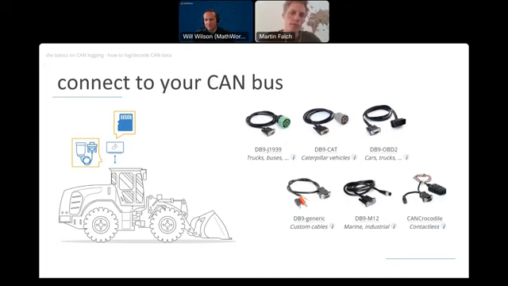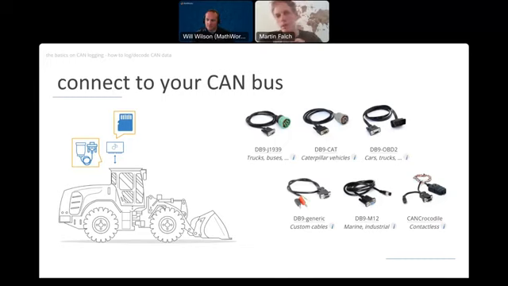And in most heavy-duty vehicles, that would look as the first cable in the overview, the one we call J1939, the green one. And that will be available in most heavy-duty vehicles, but not always. Similarly, you will experience that in most cars, you will see an OBD2 connector near the steering wheel. And for such use cases, you can use an OBD2 adapter to connect. And a similar example is found in maritime applications, where an M12 adapter will allow you to connect to the